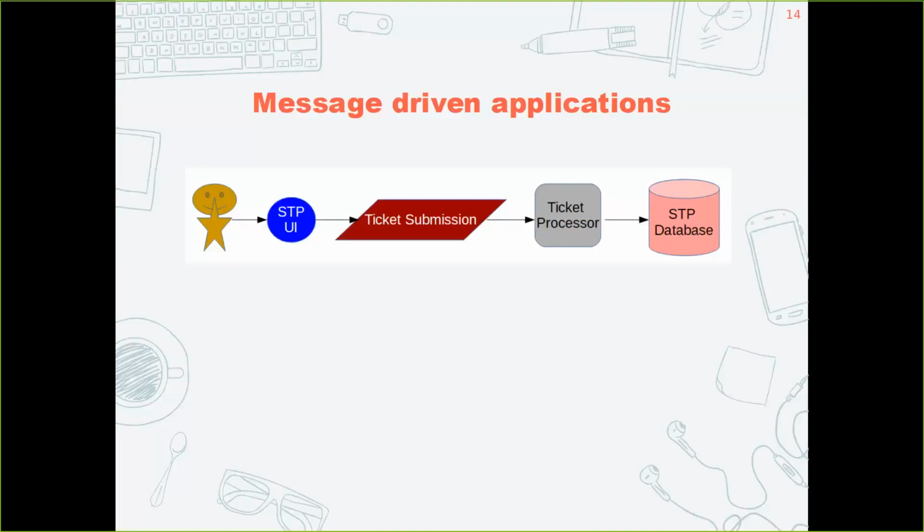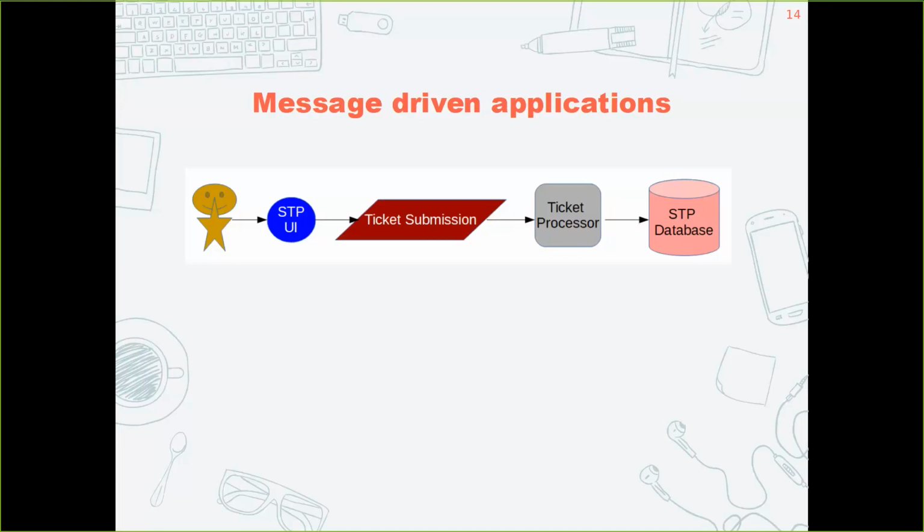So one example I want to talk about is a message-driven application. This is like your common application where a user has a lot of backend data processing as well. In terms of Centrica, let's think about the short-term planning application. You've got a star operator at Centrica. One of the star operators comes onto this short-term planning website and submits a ticket.